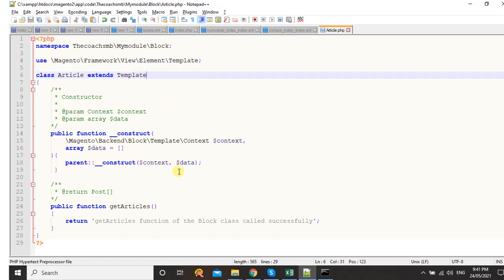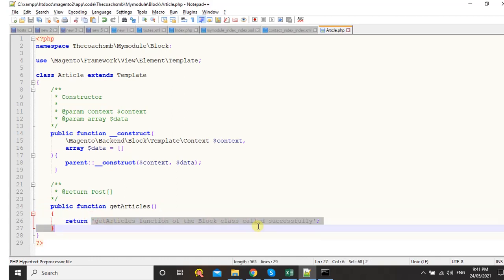Here the context and the data are used. Now, public function get articles. This is the function we are using. You can do lots of things in the functions, like call some other function, or do lots of stuff here. Whatever logic you want to display, you can write here.